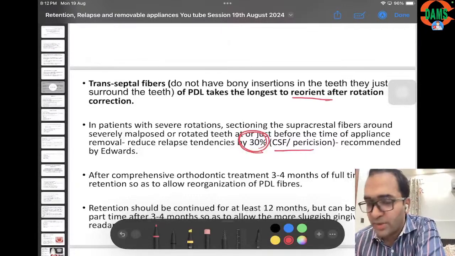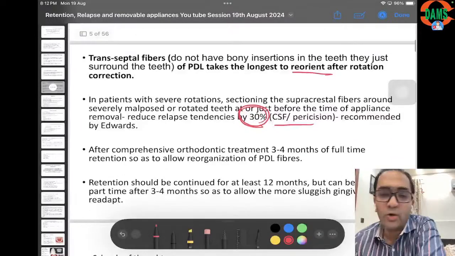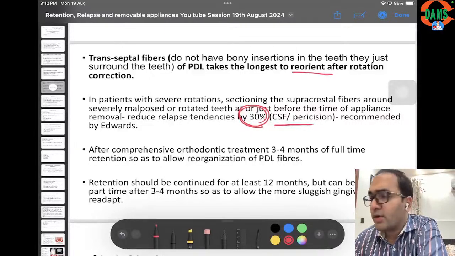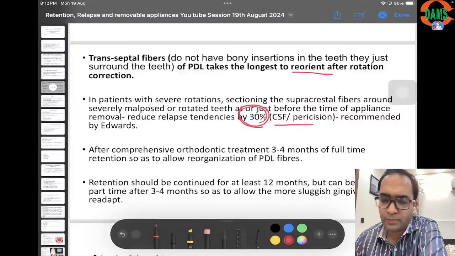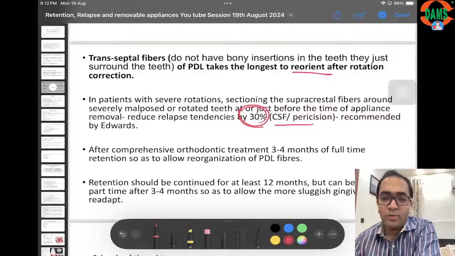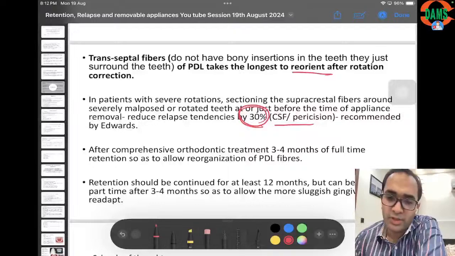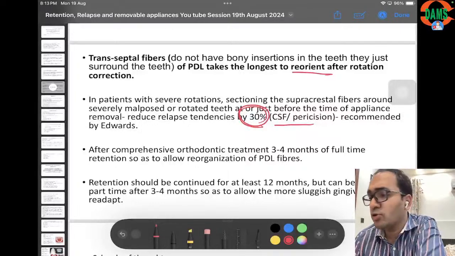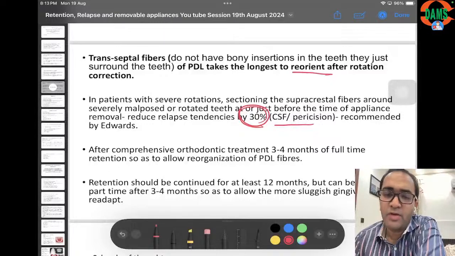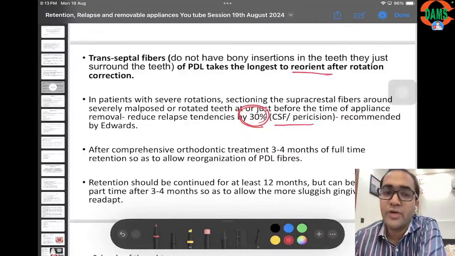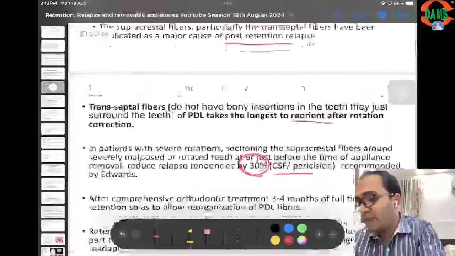So to conclude, after comprehensive orthodontic treatment, 3 to 4 months of full-time retention should be done so as to allow reorganization of the periodontal ligament fibers. The recommended protocol is that for at least 12 months complete retention should be there, and thereafter it can be reduced to part-time and night time so as to allow the other gingival fibers to readapt. And the current research says that lifelong retention is required because of these factors which I have mentioned,